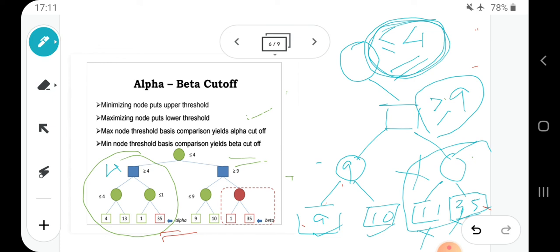So with respect to the AND node, we decided that we won't go for the evaluation of these two. So we have discarded these two and they will be classified as beta cutoff. Since they will be classified as a beta cutoff,